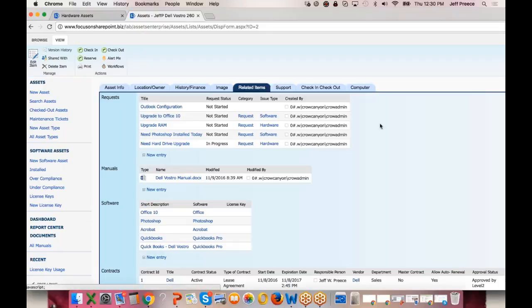Now, this related items tab is where a lot of the magic happens within our system. So we have created a solution that allows us to connect things cross lists, cross libraries, cross sites. So in sort of SharePoint and Office 365 and SharePoint Online, this data structure exists. So lists, libraries, documents sit in a library, and then lists contain these items. And so we want to bring those all together as opposed to having to jump all over the place and find this data. So the way we do that is through this utility we have called an associated items